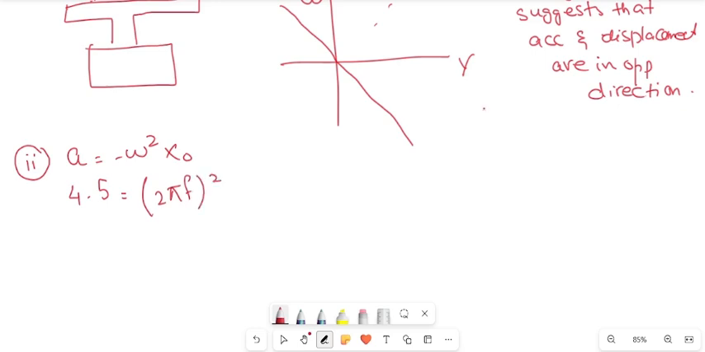And do you see what the amplitude is? It's -8, or you can have 8. So we'll take 8 times 10 raised to the power -3 because it's in millimeter. And when you solve this, and remove the square and all of that, you get frequency as 3.8 hertz. And then the B part,